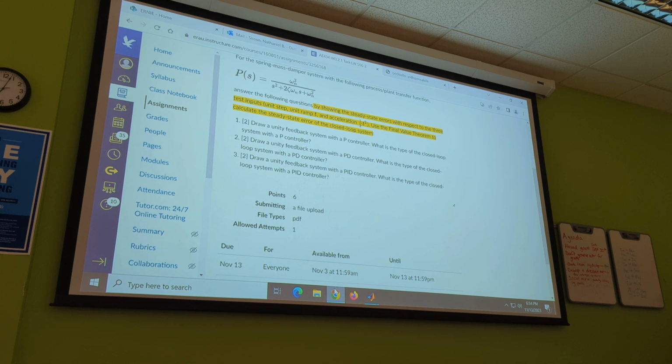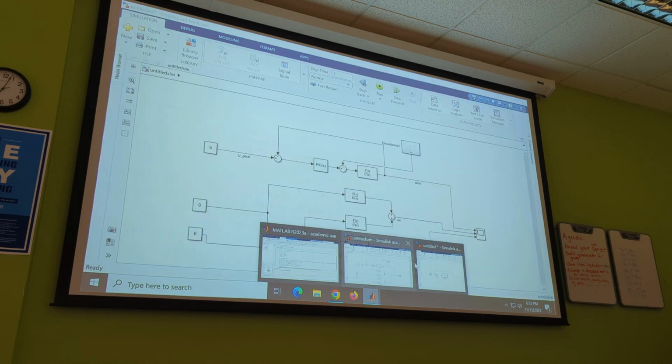So we need to actually form the closed loop system, right? And then the type is however many poles at zero you have. I believe that determines the type of the system, right? So if we just do the math for